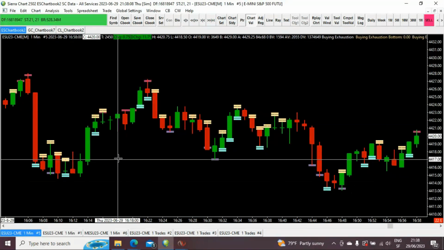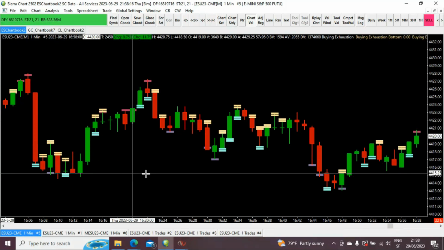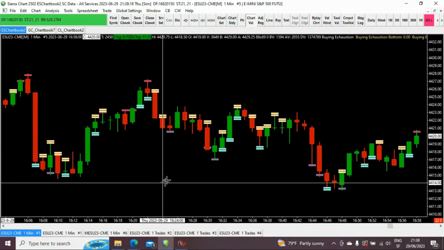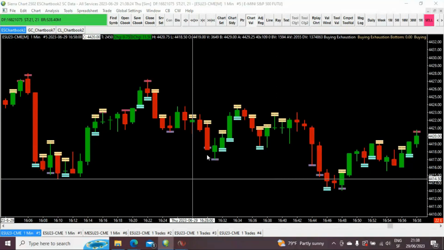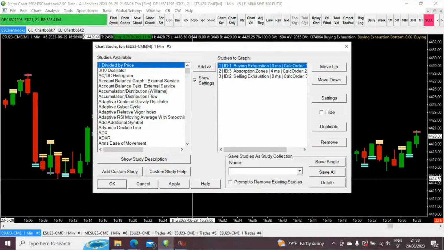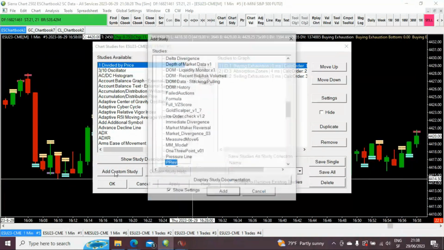I don't know if I have it on here, but in places where you have absorption followed by exhaustion on consecutive bars, it's quite often a good place for a reversal. We have an indicator, you can have it here,